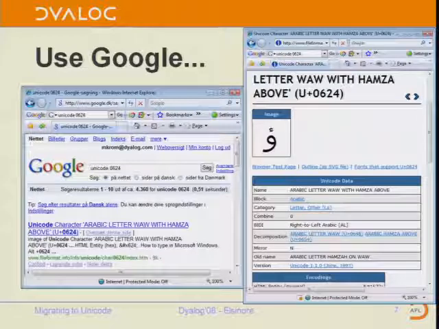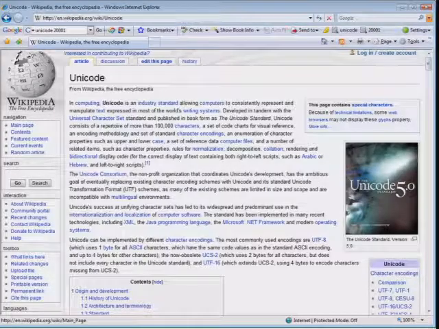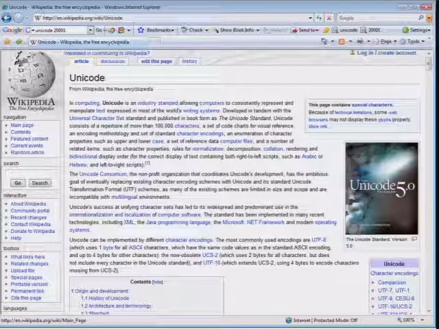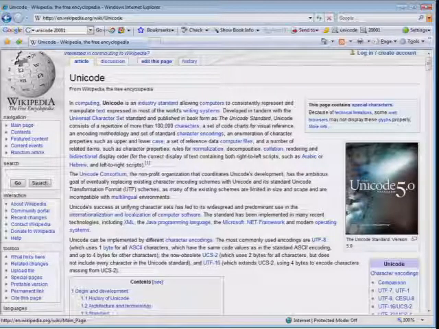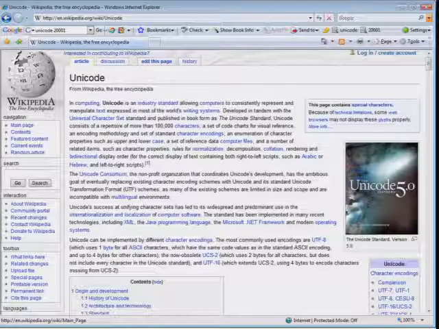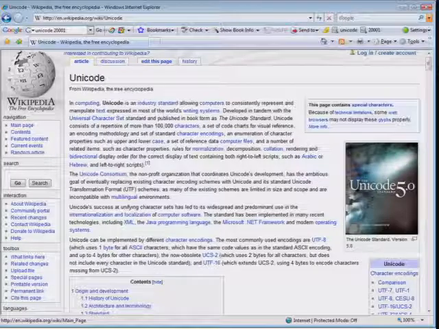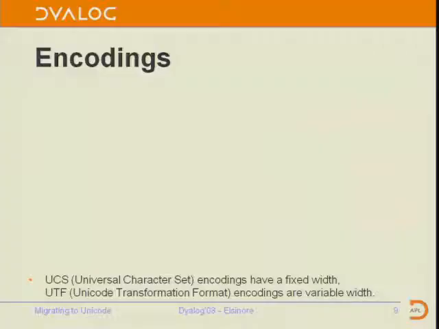Is it a valid name in a programming language? The Unicode characters have all that kind of classification that you can look up. And if you want to learn more about Unicode and encodings, Wikipedia is also a very good place to start. There are descriptions of all the encodings, the history, and problems that you might get into when using Unicode.